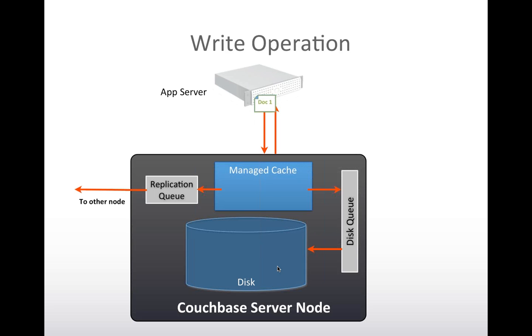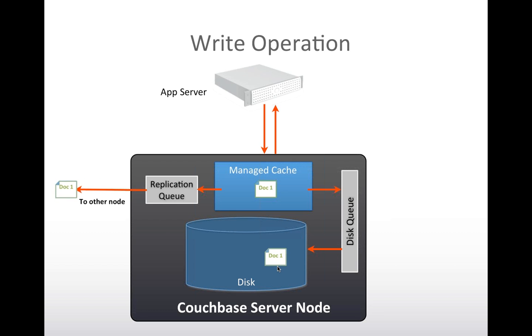The first thing that we do when you want to save something inside the database is go to the database cache. The database cache is a specific space that you allocate inside your servers. And I say servers because you will have multiple nodes inside your cluster. Once it's saved in memory, as a developer, you can choose to immediately get back the response from the server, or you can choose to wait until it is persisted on disk and replicated on another